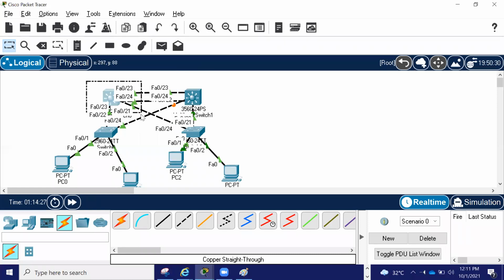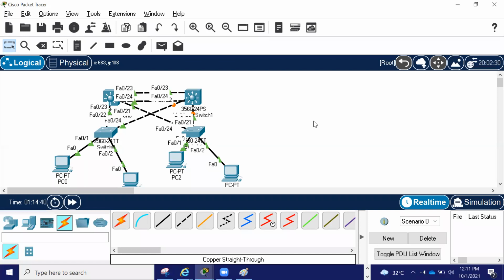For VLAN 10 this is active, for VLAN 20 this is active, and you can make spanning tree similarly. This is a root bridge for VLAN 10, this is a root bridge for VLAN 20. So this is how the redundant network works, and this is what HSRP is.